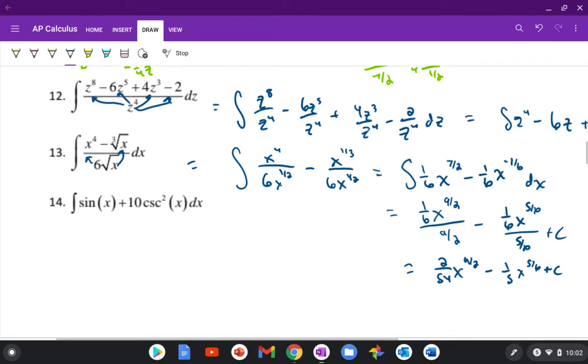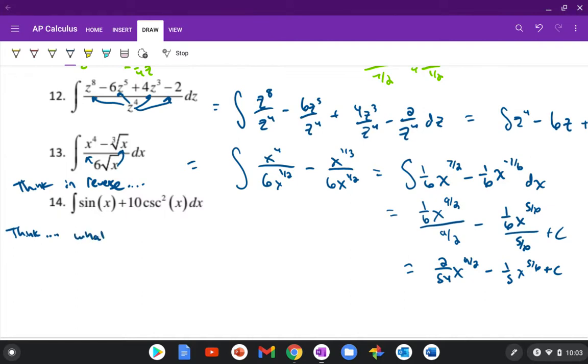Now, something we haven't seen yet is how to do trig functions with integrals, because unfortunately trig functions don't go away. I know they're probably not your favorite, but trig functions are an important part of calculus. So with trig functions, we're basically going to think in reverse. Think in reverse. So instead of thinking, before you thought, well, what's the derivative of sine, right? So now you want to think,